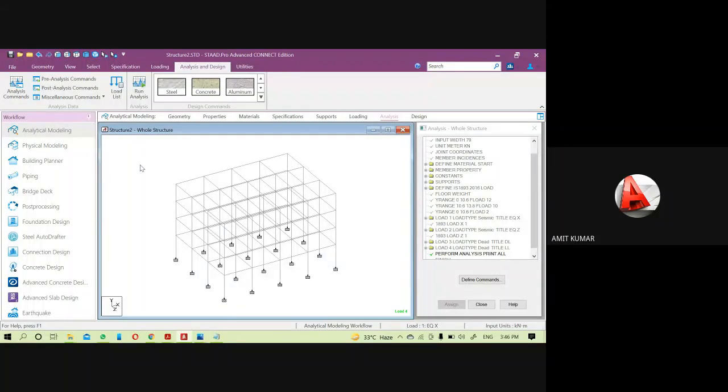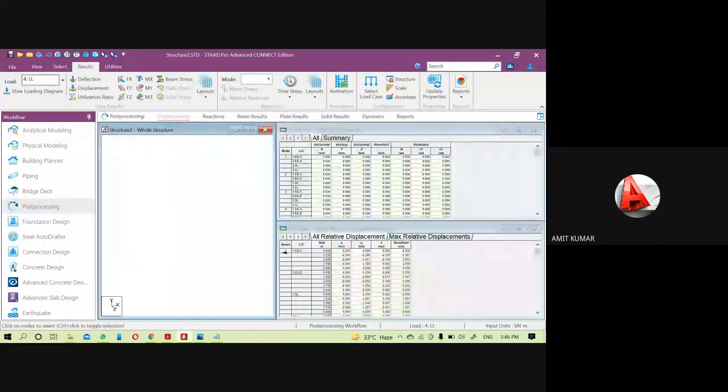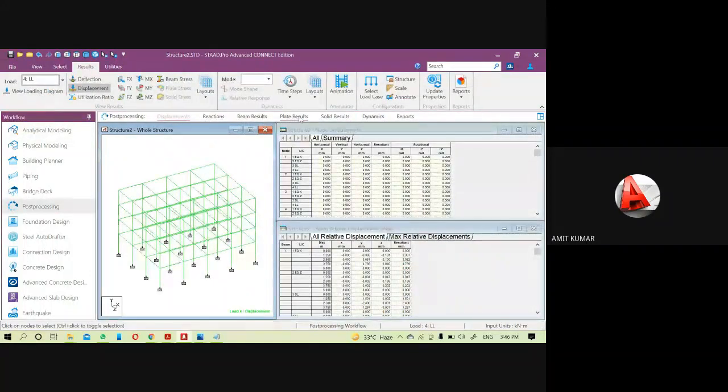And even we can see the response spectrum and everything through the values also.